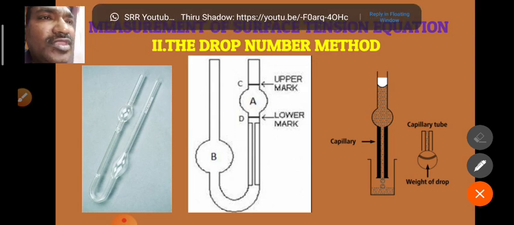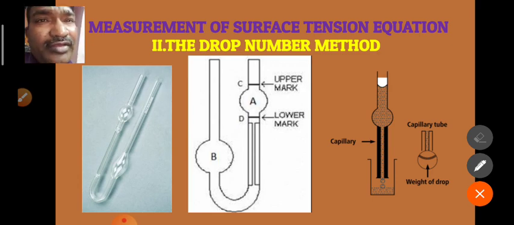In the double capillary method, we do the experiments with the same liquid and use capillary tubes of two different radii. In the first method, the liquid is the same, a single liquid, but we take two capillary tubes. But in the drop number method, we compare the surface tension of two liquids, and we use the same stalagmometer.